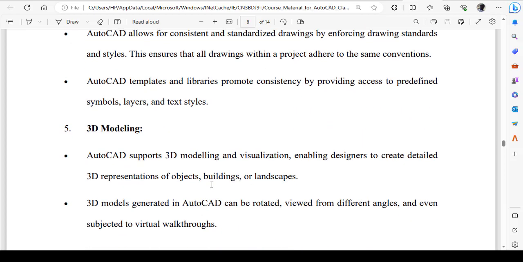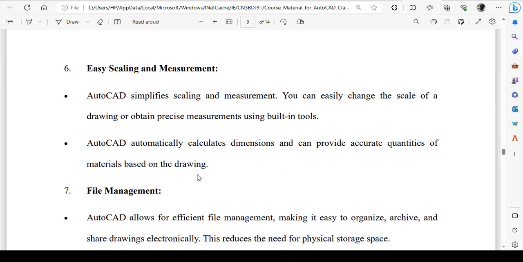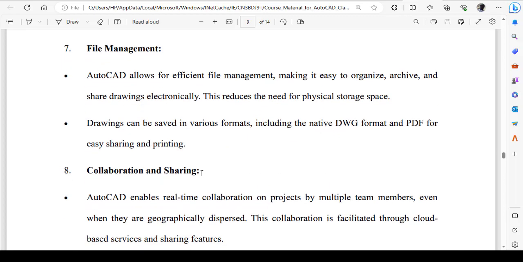Also, you can easily use your 2D to generate 3D models with AutoCAD. You get the point, there's a lot of ease with that. There's also easy scaling and measurement. You can easily scale any work to any scale you want. You don't have to start drawing it all over again. You can just pick a job and scale it to the size you want. And you can also measure a place very easily. With file management in AutoCAD, you easily copy a file and change the format. You don't have to go through many processes, like going to blueprint. You don't have to go through that stress anymore.